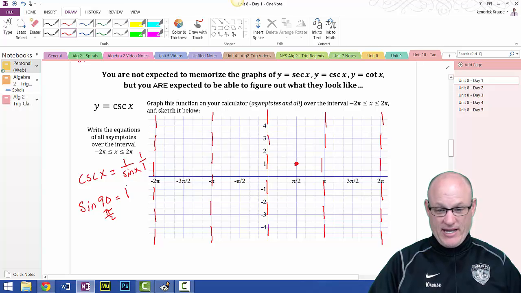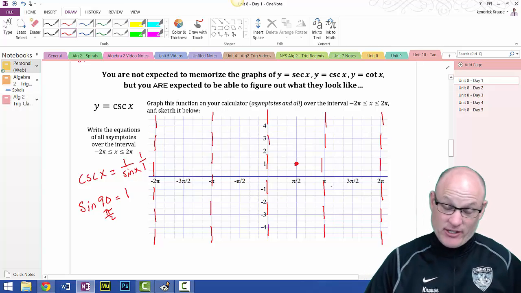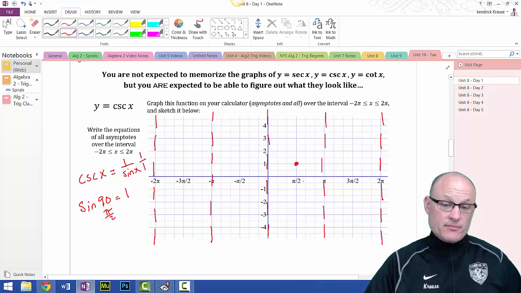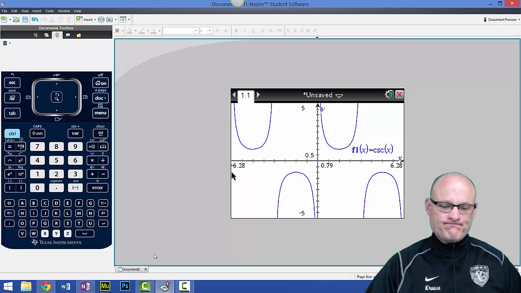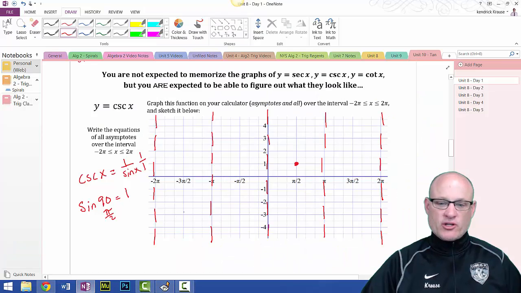So cosine and sine at 90 degrees will be the same. Well, if we go back to the graph then, if this is 1, wouldn't this be negative 1? And this would be negative 1? And this would be positive 1? Yep, it would. So the key point is, and you don't have to memorize this, you just have to be able to recognize it. And I'm going to show you a quick way to recognize it, is that the secant